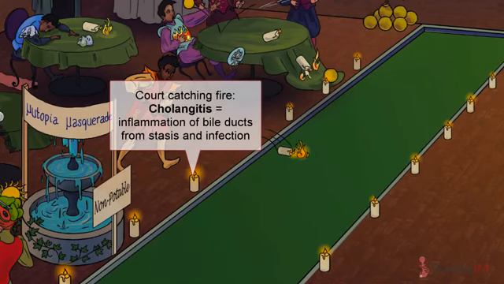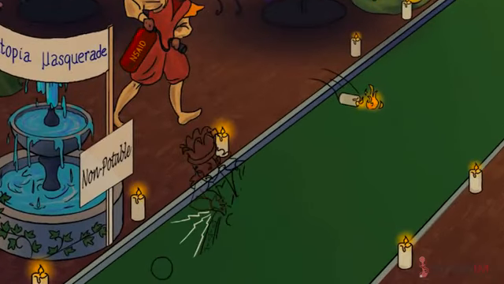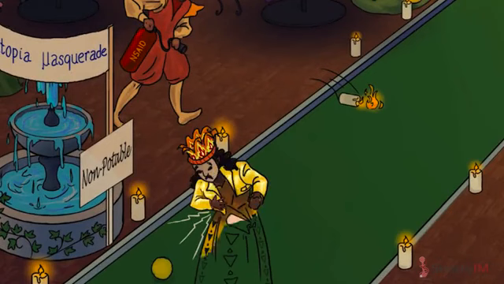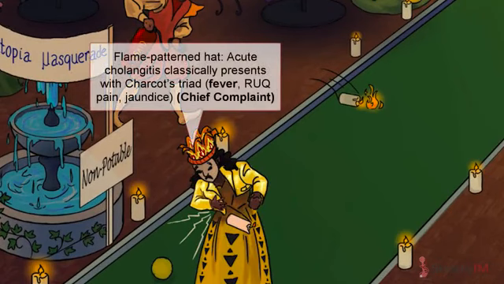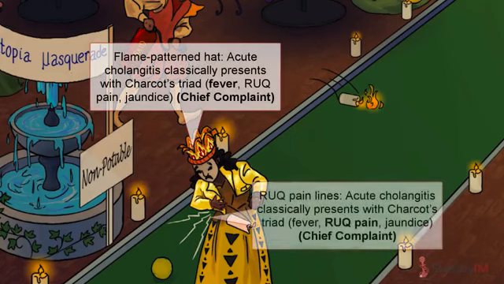Pro tip: infection of the biliary tree is often due to bacterial translocation from the intestines, hence the old term ascending cholangitis. Acute cholangitis is associated with three especially important clinical findings, all of which can be seen on this bocce ball banquet bell. Fever, hence the flame pattern decorative hat, right upper quadrant pain, as indicated by the pain